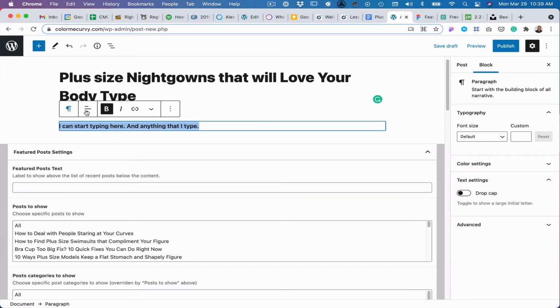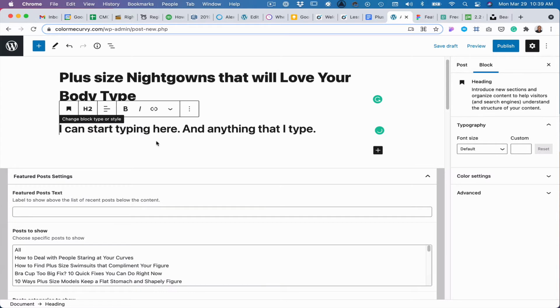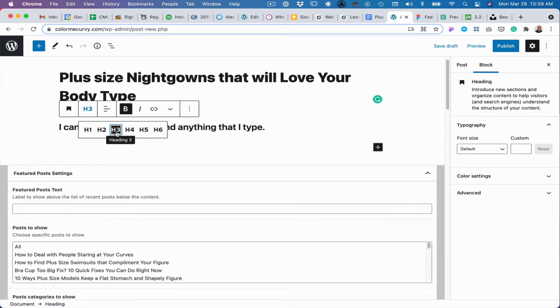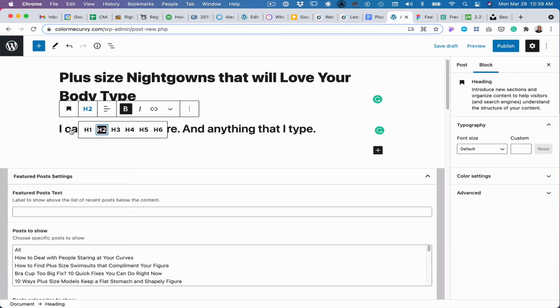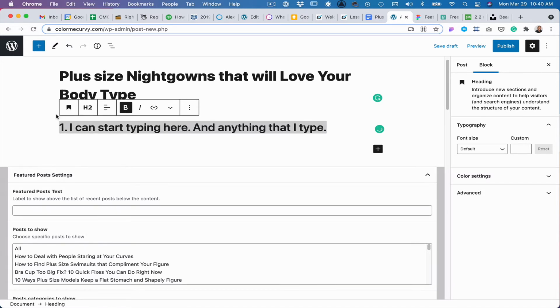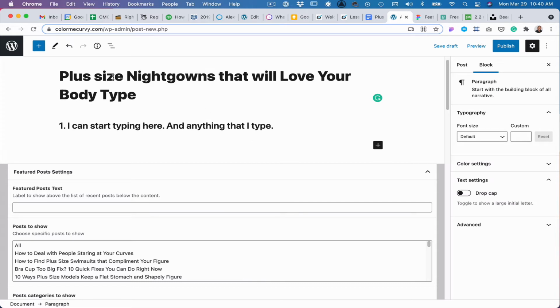If you click here, let's just start on the left. This can be a heading if you wanted it to be. So now you see that it's a heading. And once it's a heading, you can change it from H2 to H3, whatever it needs to be. I prefer my headings to be H2. If this was a bulleted point, in other words, if this was like step 1, I prefer these to be H3. Okay, so this would be H3. Okay, so we have the title,